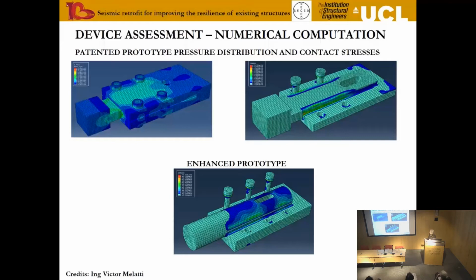Aware of this, what we have been doing very recently, and this is just hot out of the computer, is looking at how that performs in Abaqus models. We can clearly see that the pressure in this particular layout is confined mainly to these areas, and indeed this is the area where we get the wear and tear that we have seen in reality.